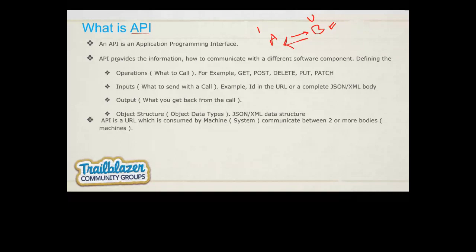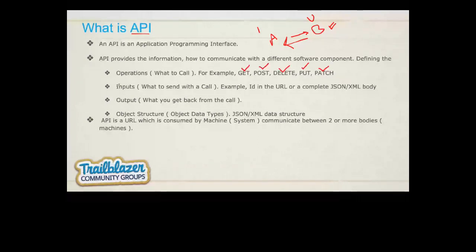Whenever we talk about APIs, there are some predefined operations. That is what you can do; there is nothing like you can have your own. There are some standards. APIs have operations, which define what we are going to call and what URL we are going to use. GET gets the resources. POST sometimes creates, sometimes returns the data. Then we have DELETE for deleting data from the target system. Then PUT, and then PATCH. These are the 5 most widely used methods, and that is what we are going to play around with in our demo as well.